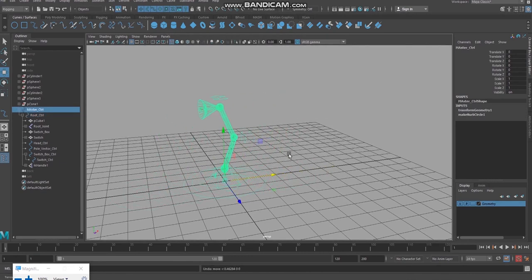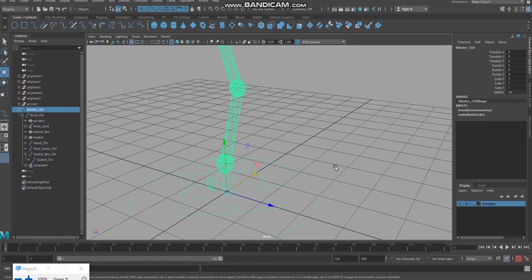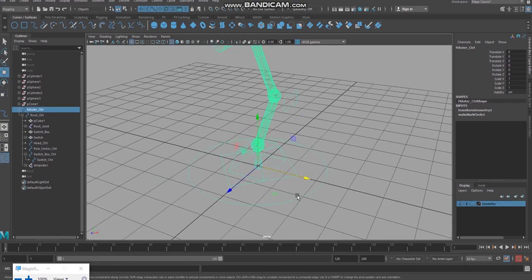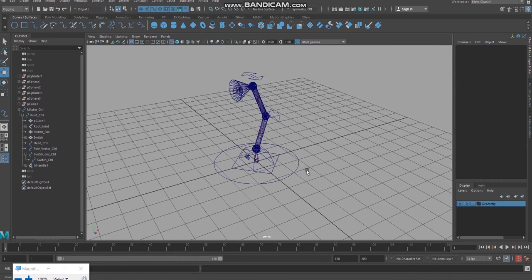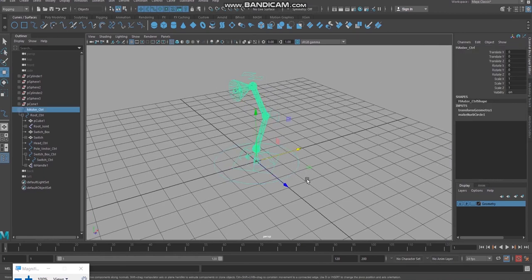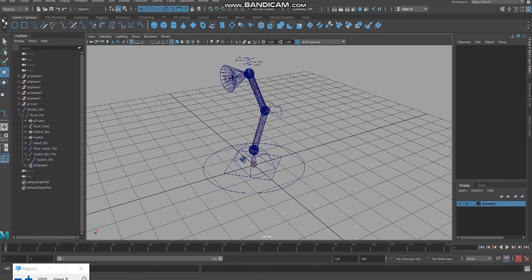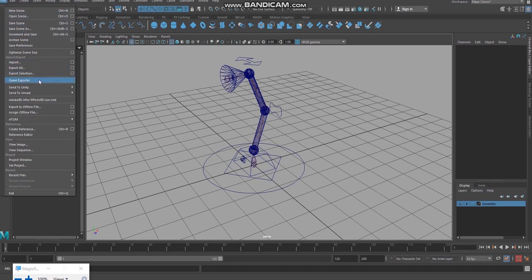So why do we need master control and root control? Because this master control helps us to bring the complete rig into the Maya workspace as a reference. When we are creating an animation scene, we need to open a file and we are importing as reference.